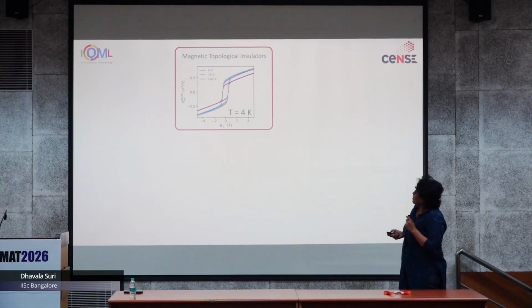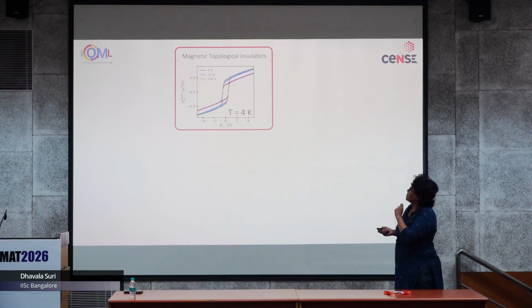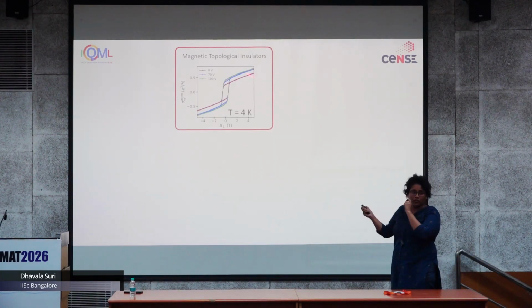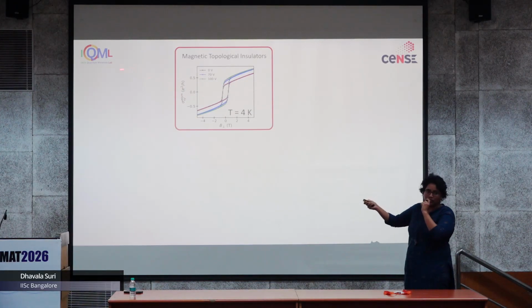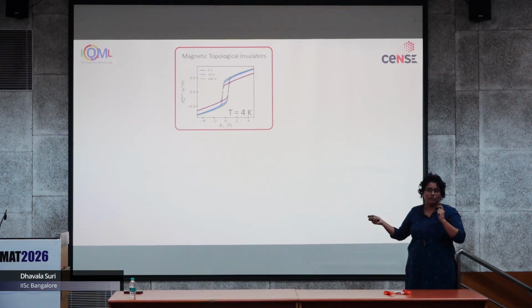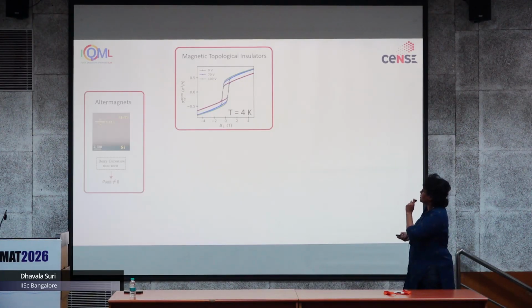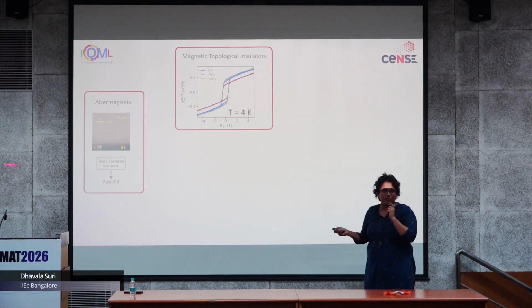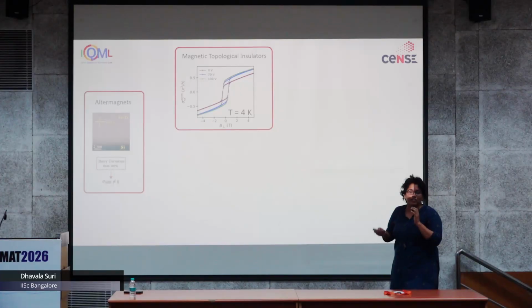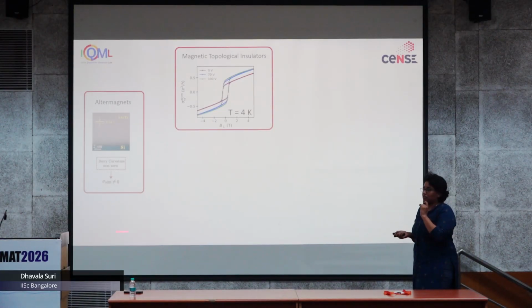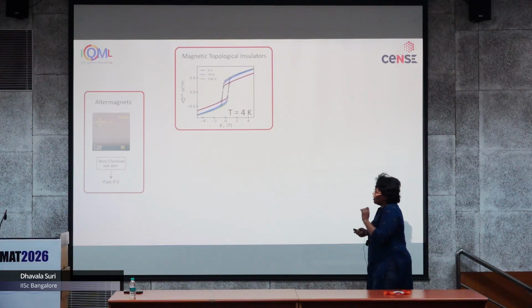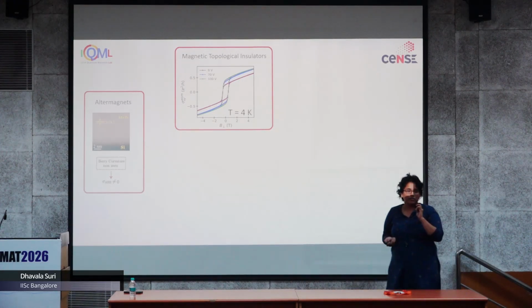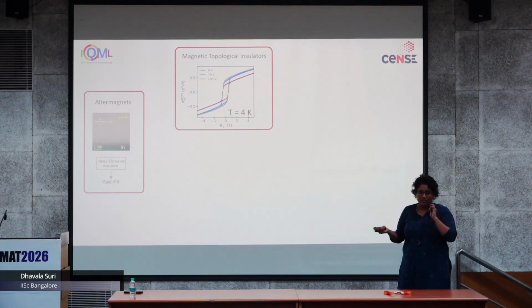So, one of the things is looking at magnetic topological insulators, where you see that the quantized conductivity is close to e squared over h values, and this is barely at 4 Kelvin. So that's one of the things. And a lot has been spoken about altermagnets. We grow them using MBE, and one of the materials we are looking at is MnTe. And the most important part is that you get very curvature driven anomalous Hall conductivity in these materials,